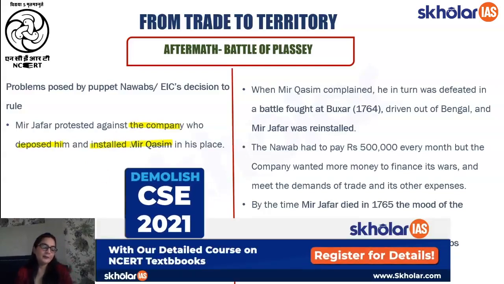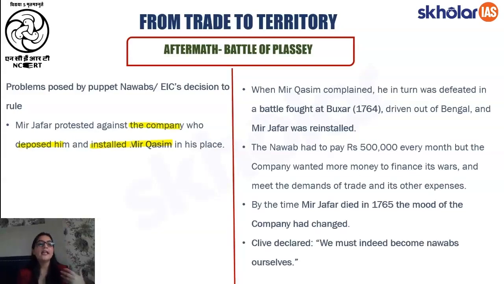So herein, this particular notion of not getting into the administration of our country is reinstated, wherein the East India Company is not at all interested in taking administration into their own hands. Rather, they just want a puppet kind of Nawab who can go along with their trading policies and give them a lot of concessions. And once Mir Jafar protested, they placed some other person in his place, that is Mir Qasim, so that he can grant them concessions so that they can get more and more profits.